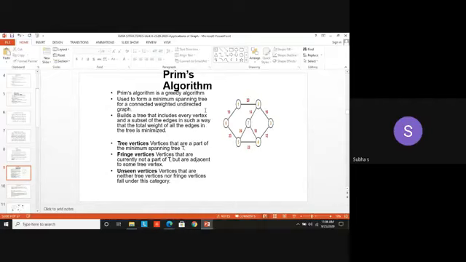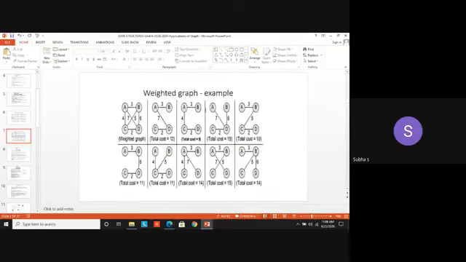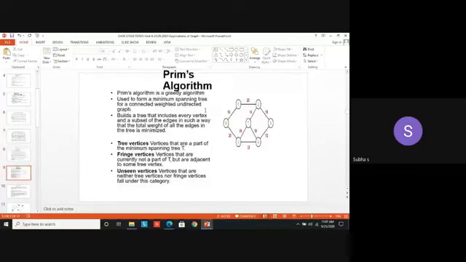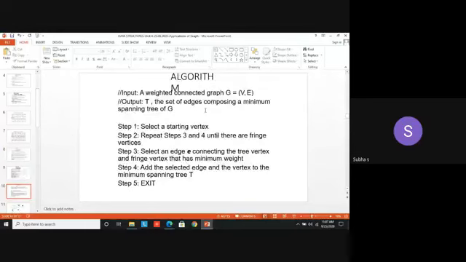All these three terms are important. You can note it. This spanning tree, we are applying it for a connected graph, and it should be a weighted graph, and it is an undirected graph. Yes, we are going to build a tree that includes every vertex in such a way that the total weight of all the edges in the tree is minimized. I told the previous example. So for this one, we can construct many possible spanning trees, but we have to choose the minimum cost. Okay, for that only we have given the distance or the weight. So this is your algorithm.